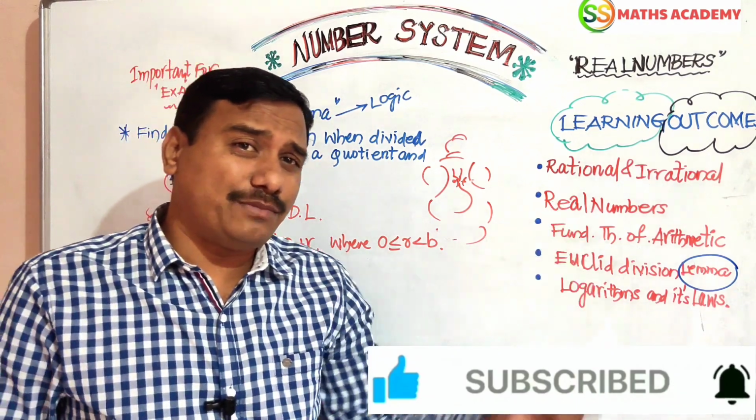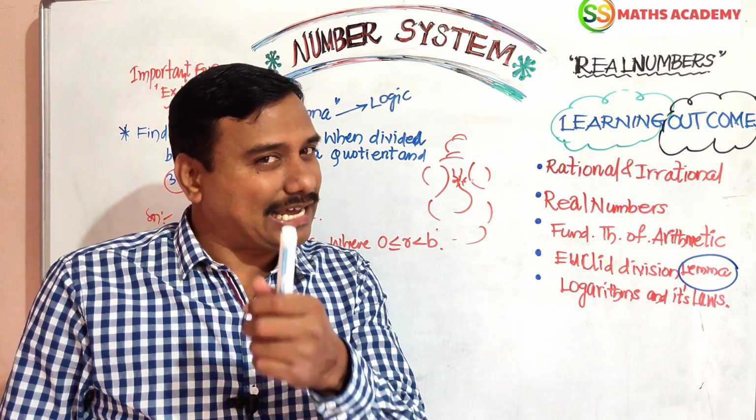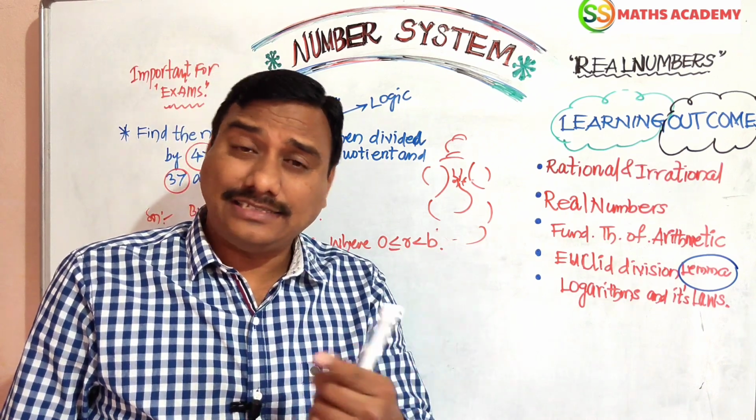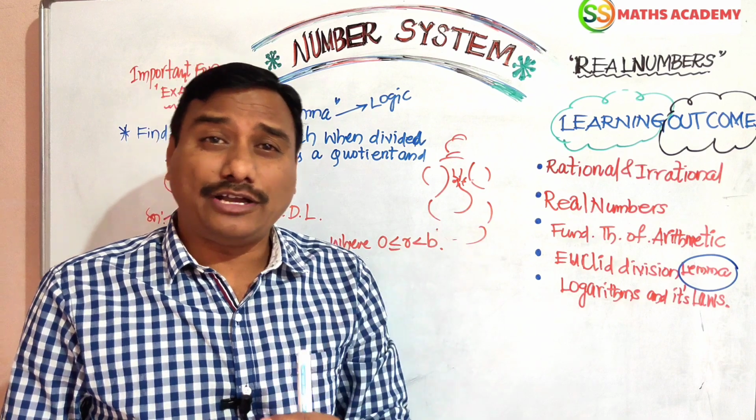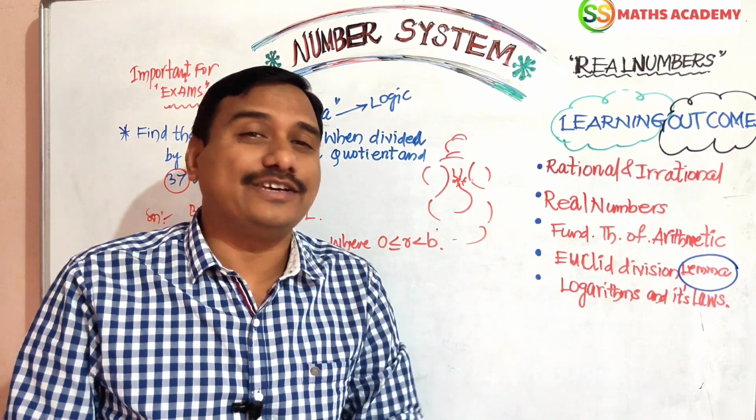What is the condition for a rational number in p by q form? q must not be equal to 0, and p, q belong to integers. Am I right? What is the condition for a fraction? Numerator and denominator must be in the form p by q, and numerator and denominator must belong to whole numbers. These are the conditions, dear friends.